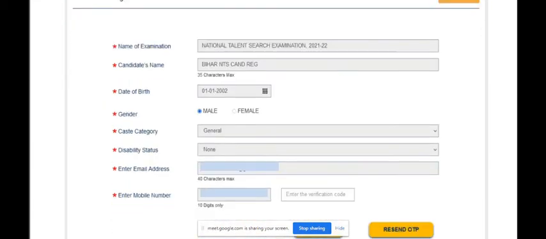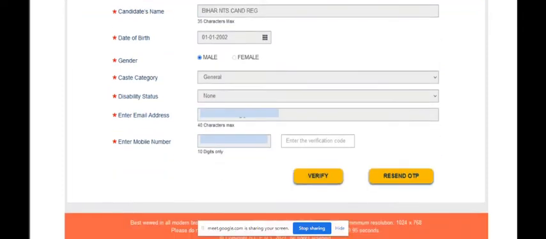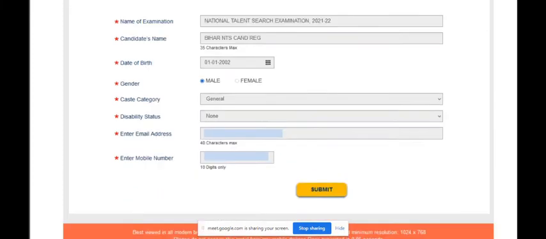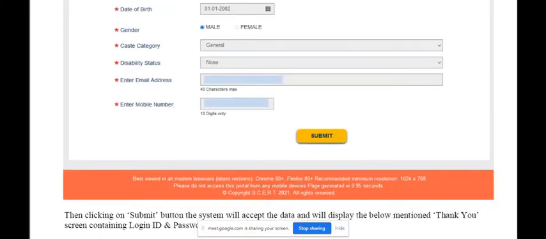As you can see here, we will get one OTP, so we have to write that OTP in the verification code area. After typing, we have to click on verify, and after verifying we have to submit it.